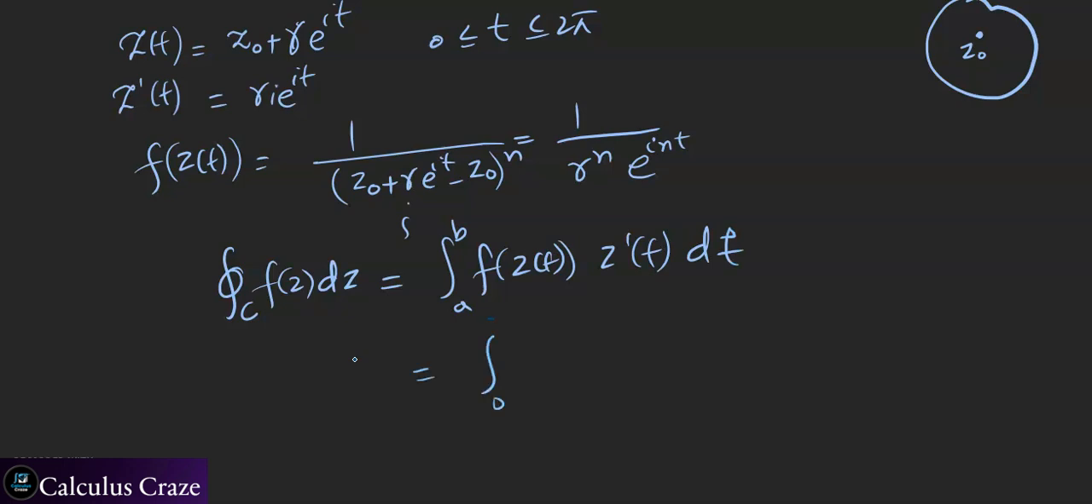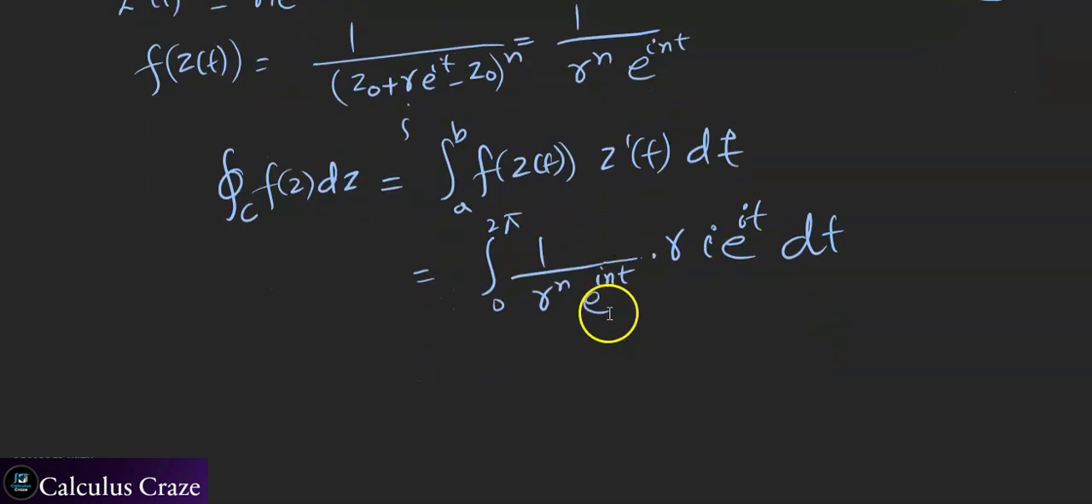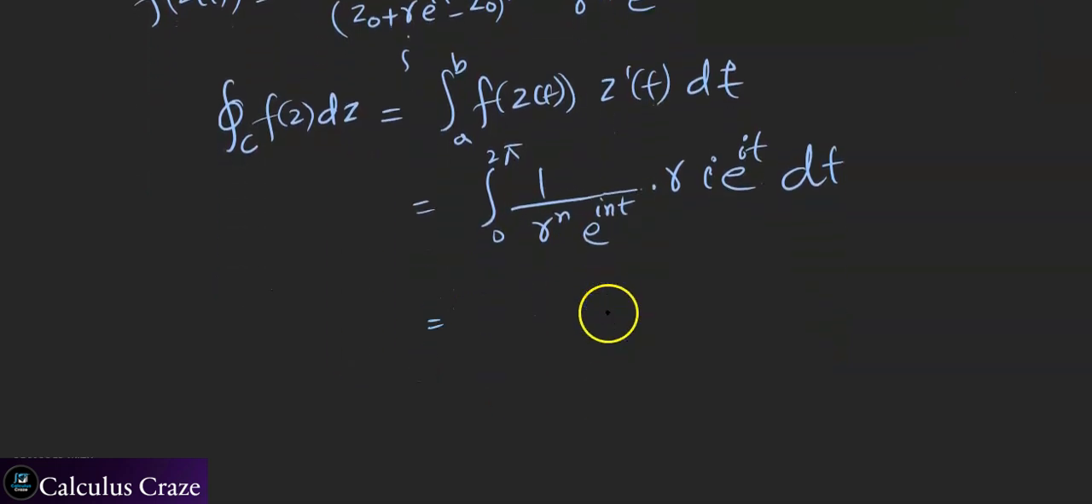So a to b is 0 to 2 pi, and f of z of t is 1 over r to the power n times e to the iota nt, and z prime of t is r times iota e to the iota t dt. We can simplify this. Since r is constant, we can take it outside: 1 over r to the power n minus 1, and then the integral from 0 to 2 pi of e to the iota t (n minus 1) dt,